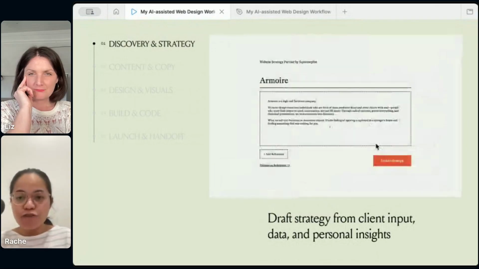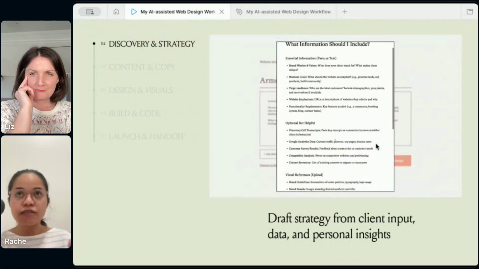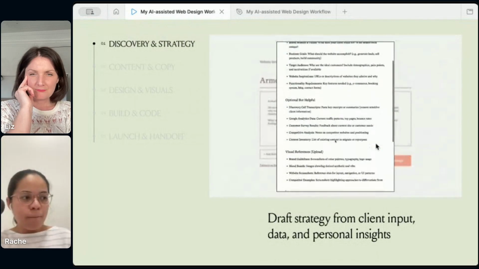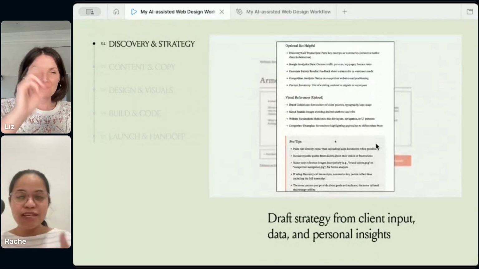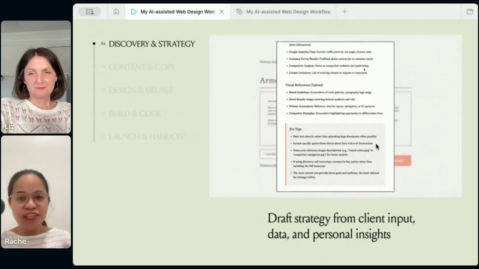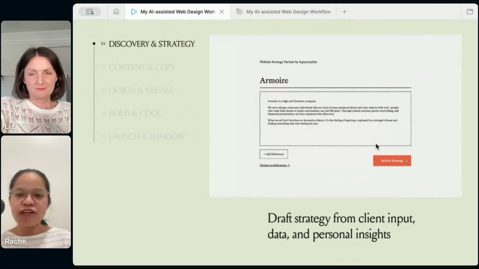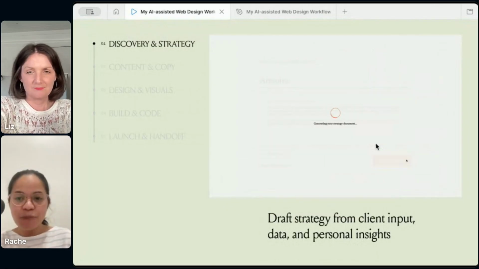If I had a discovery call with clients, I just upload the file. And then I also upload my insights from the data analysis that I went through, depending on their Google Analytics, or as I audit their site. As I mentioned, I just think out loud and feed all the information that I can into this app,